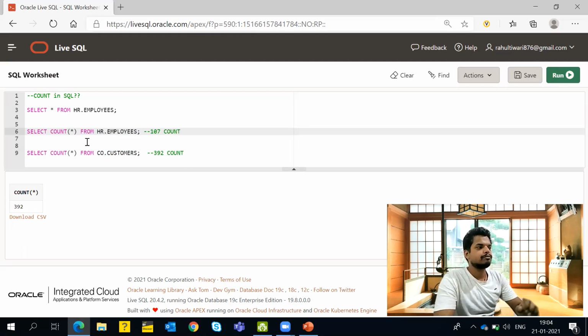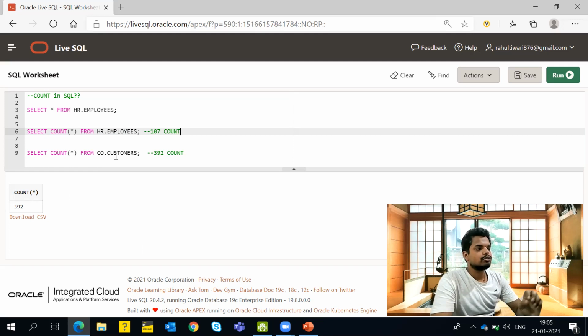When you do a count star, it will check all the columns, and if the record exists in any column, it will count that record. On that basis count star works. Count star works on the entire table, on all the columns of that table. That means at least 392 records are present, and in all those 392 records, some value will exist for the columns inside the table.